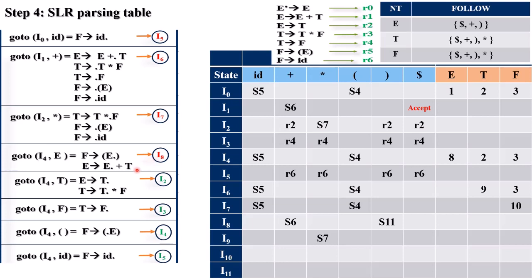We have to put in the follow of E. It is already there. R2, R2 and R2. So we have to skip this. Similarly, in I3 we already put in the follow of T R4. In I5 also we already put R6 in the follow of F. Now next one is